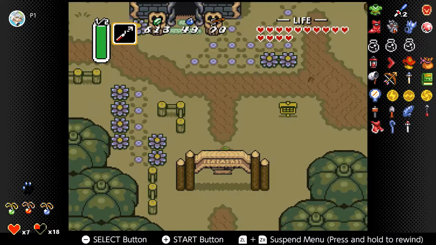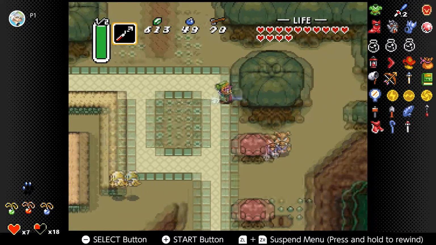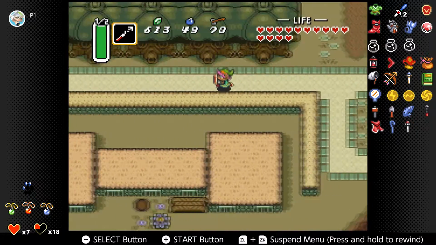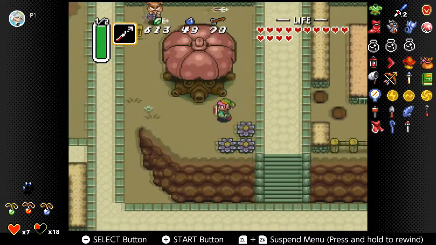After the Skull Woods, I believe, Skull Forest, something like that, we're actually heading down to the Village of Outcasts, which is where the next palace also is. There are a few things to do here before we actually head into the palace, like...